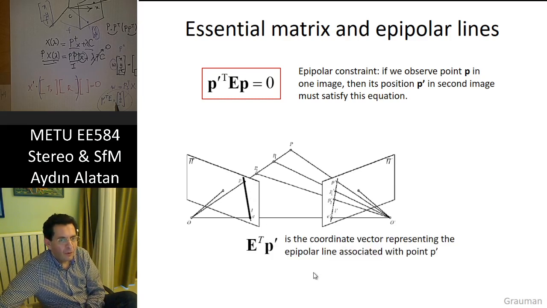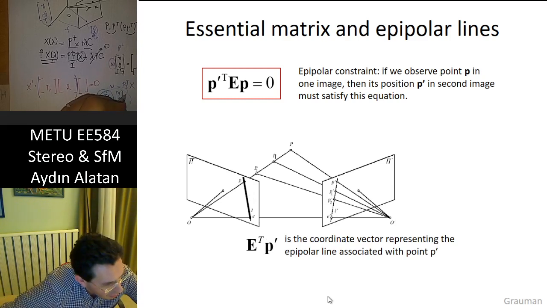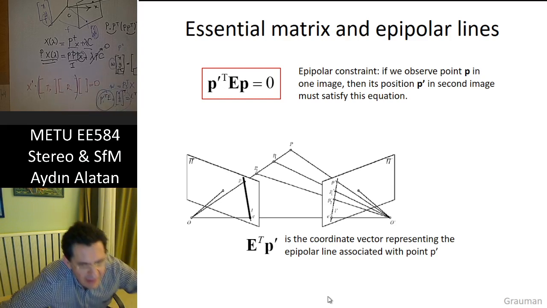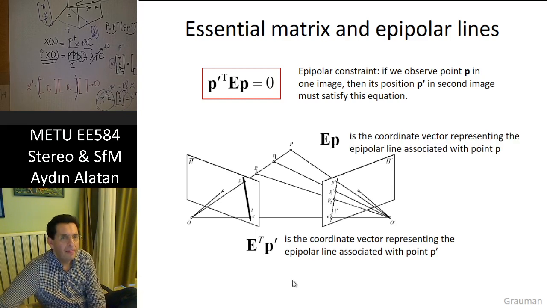Okay, therefore E transpose P prime, or P transpose E, because please note that should be equal to L. I just write it long, this is L transpose. Okay, this is L transpose, therefore the transpose of this thing is equal to your line equation. Okay, now